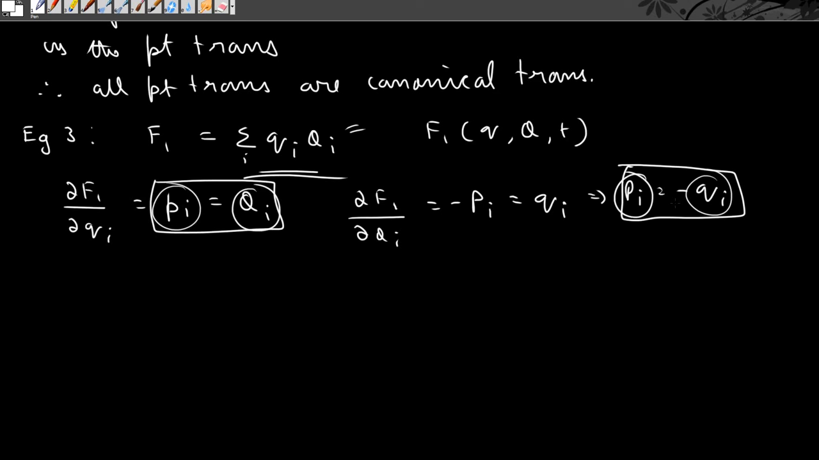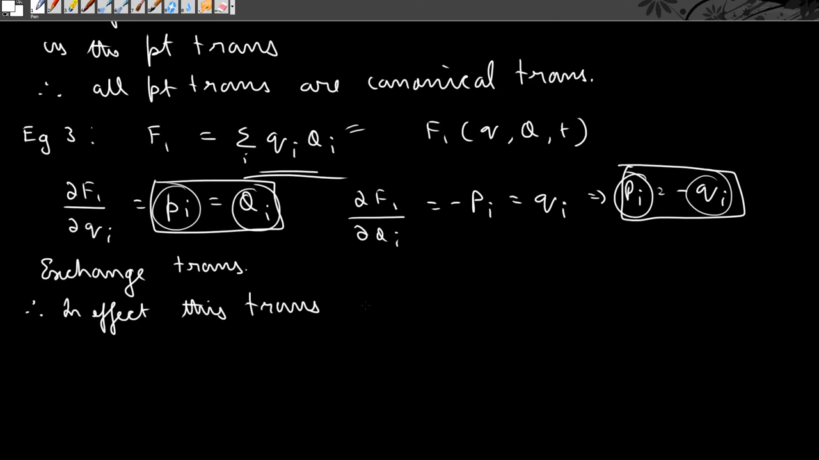Okay, this kind of transformation is called exchange transformation, because we are basically exchanging the role, the name, of what we call coordinates and momenta. In our old coordinates, we are now calling them momenta and coordinates in terms of the new coordinates. That is why it is given the name exchange transformation. Okay, so therefore in effect this transformation interchanges momenta and coordinates,